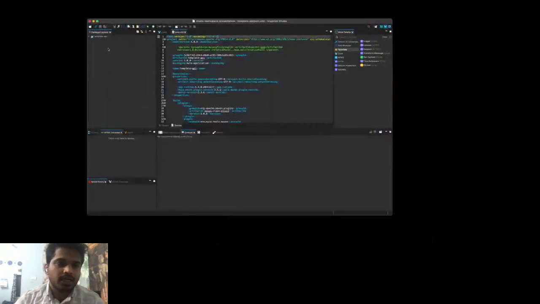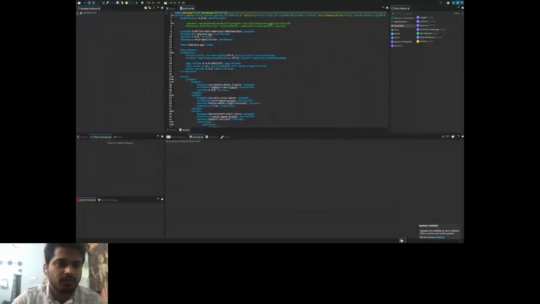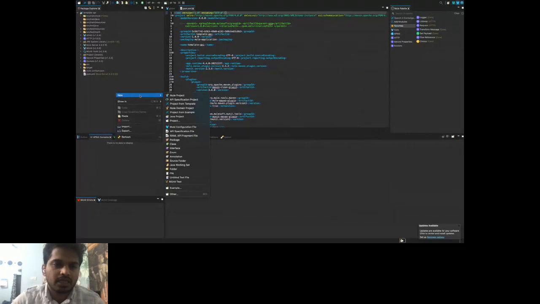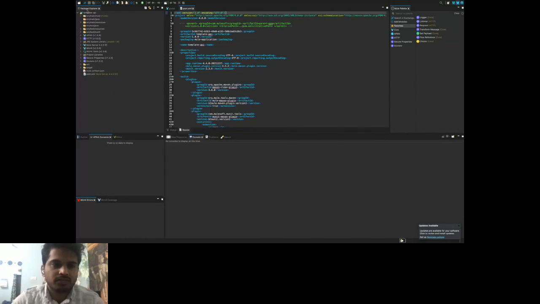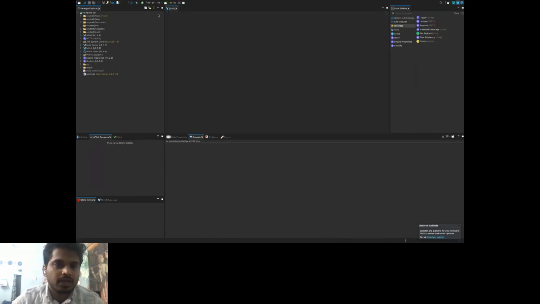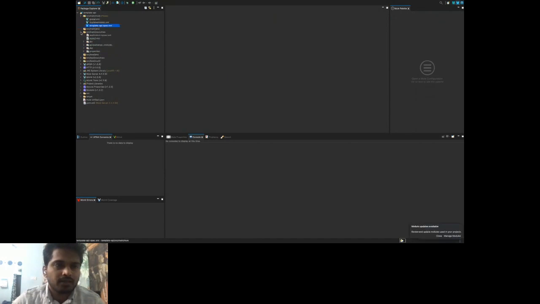So I've already created the template to save time. This template API is nothing but any other API. If you right click and create new Mule project, and then click on finish with the name template API, then this is ready. But you have to have this goal in mind, what a template API should contain. This API can contain all the common reusable components. So if you see my flow, I have this previously